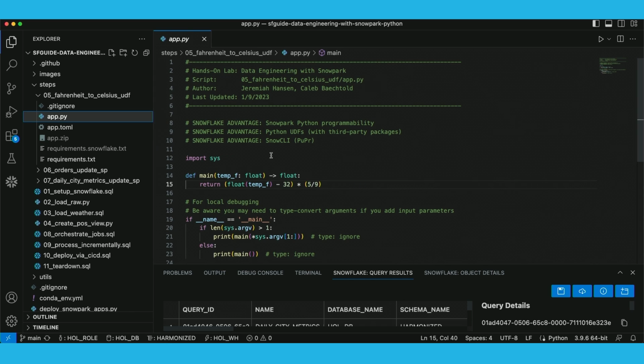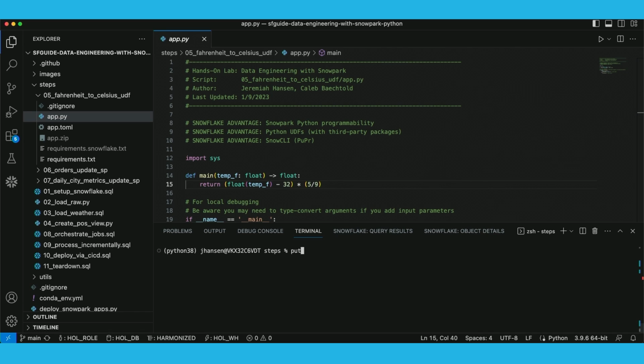I don't want to get too far into the weeds, but there's some boilerplate at the bottom that helps for debugging locally. So you can run this locally. This is a UDF. First of all, I probably didn't explain that. It's just taking a temperature, and right now it's hard-coded to return the temperature in Celsius. So it takes a Fahrenheit and returns Celsius. It's pretty simple. If I pull up the terminal,